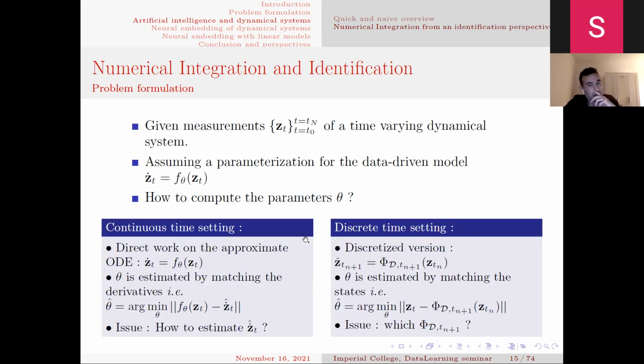There are actually two first-order solutions. Solution number 1 is the continuous time setting, in which the parameters of the models are computed by minimizing the mismatch between the output of the model and some estimate of the time derivatives. The issue with this formulation is that we need to estimate time derivatives, right? And this estimation can be extremely challenging, especially when provided with noisy measurements. And in the context of ocean surface observations, where the temporal samplings are sparse, the correct estimation of the derivatives becomes impossible.